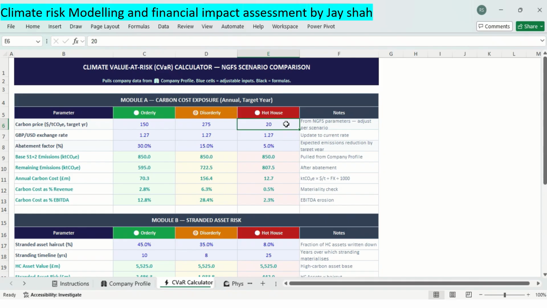The blue input cells are rows 6, 7 and 8. Row 6 is the carbon price, in dollars per ton of CO2 equivalent, from the various scenarios: 150, 75 and 20 for orderly, disorderly and hothouse respectively. Row 7 is GBP/USD, and you can also update the exchange rate, which is 1.27 for